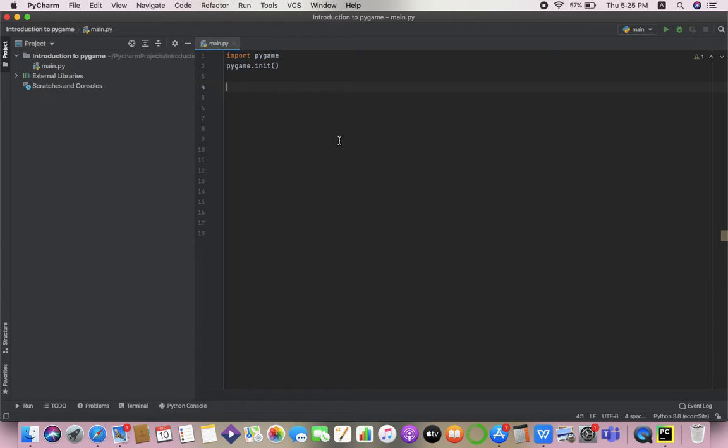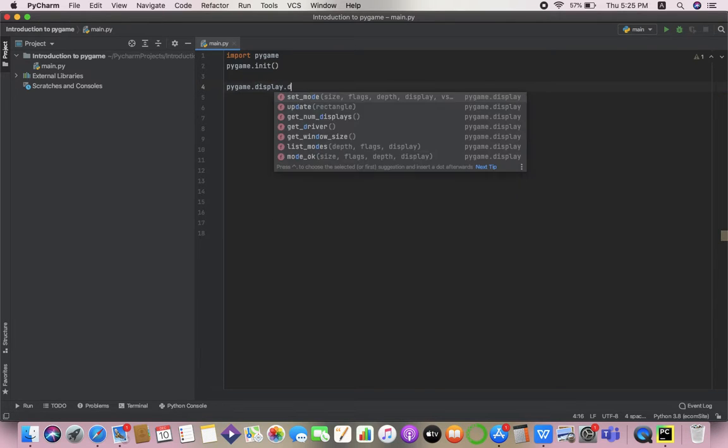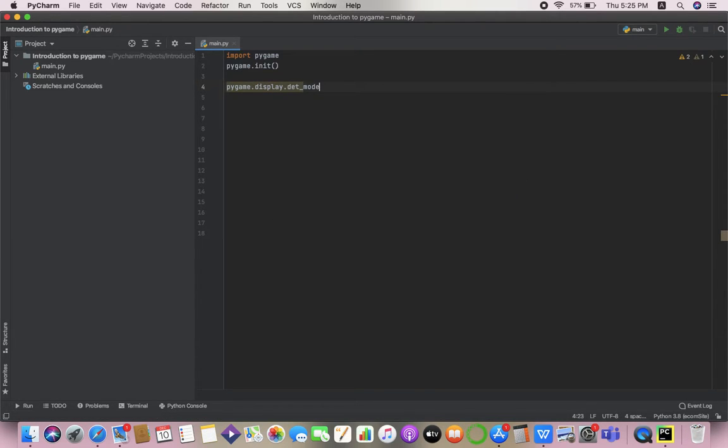So to create the game window, we have to give the game window's width and height, and we give it by pygame.display.set_mode and two brackets.